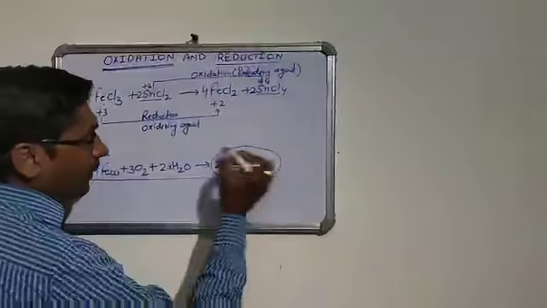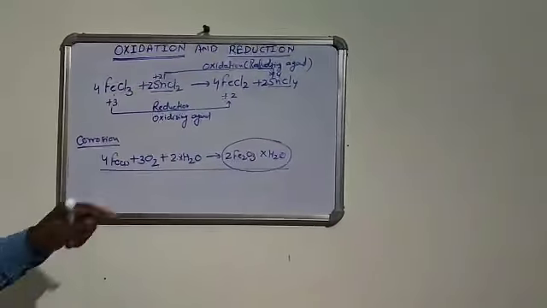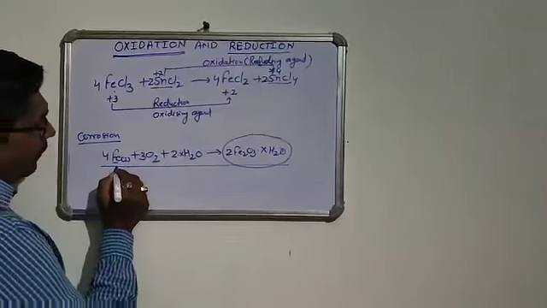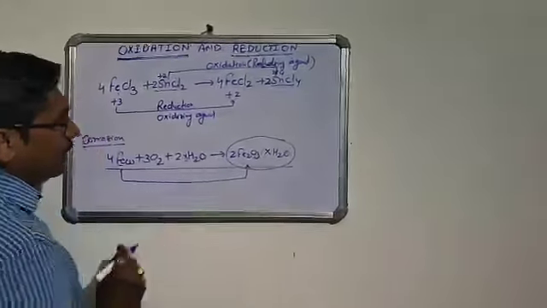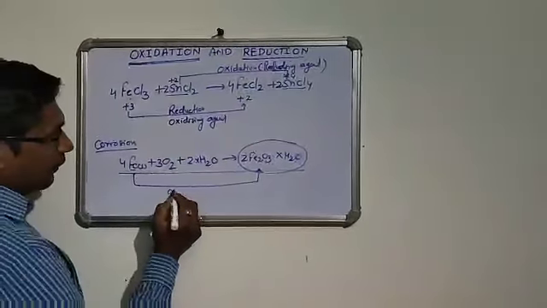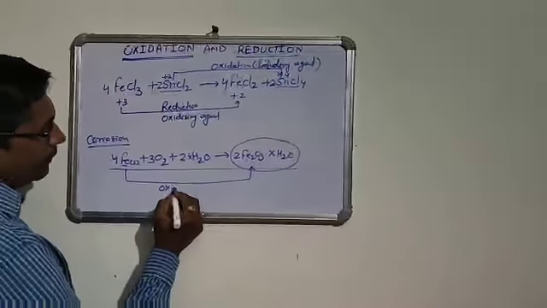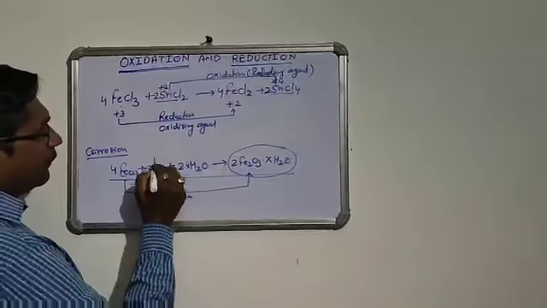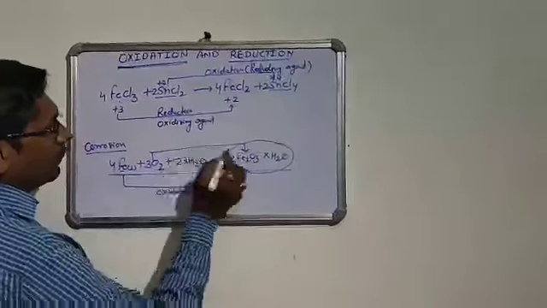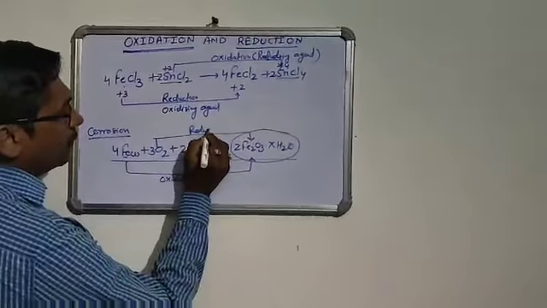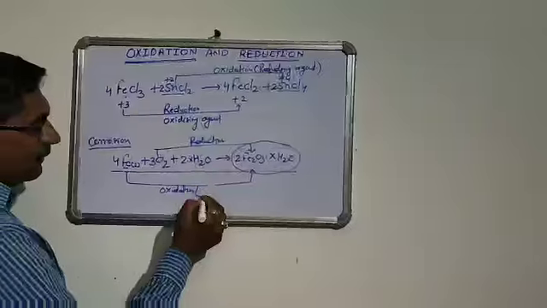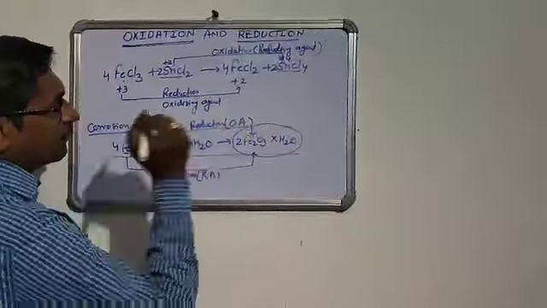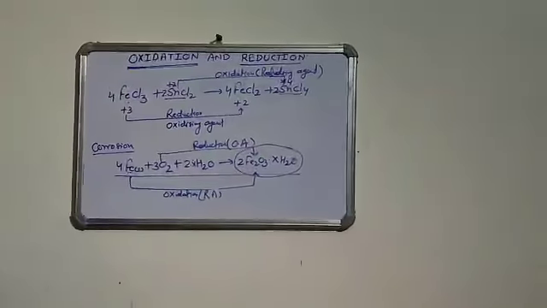This is called rust. And in this reaction, Fe is oxidized to Fe2O3, and this is the oxidation process. And oxygen is reduced, it is reduction. And that's why Fe is called the reducing agent and oxygen is called the oxidizing agent. And for today's class,